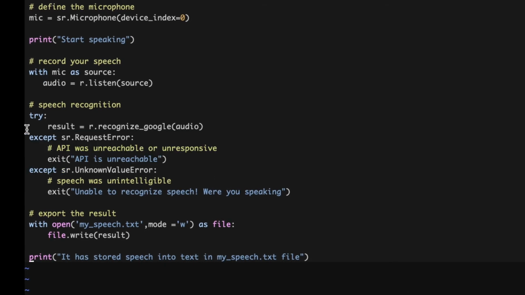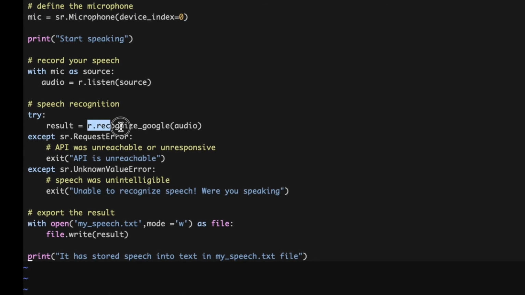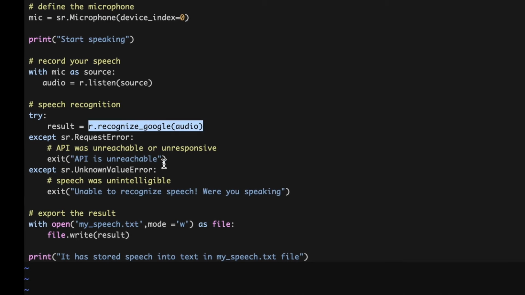I am writing a try and except block here, so that if there is any issue, I will catch it. The first could be that it is unresponsive and you get an error. Maybe the API is unreachable, possibly the internet connection is gone by then, or you are not speaking at all.